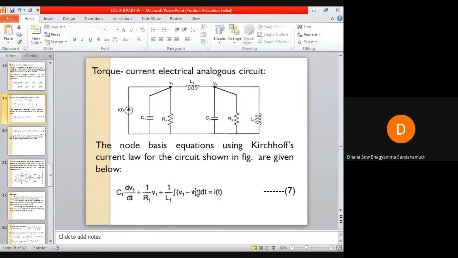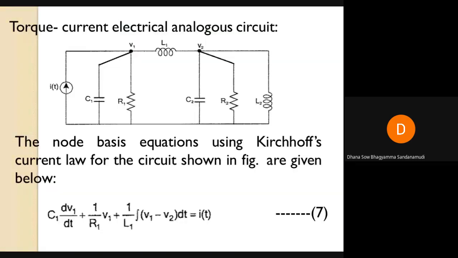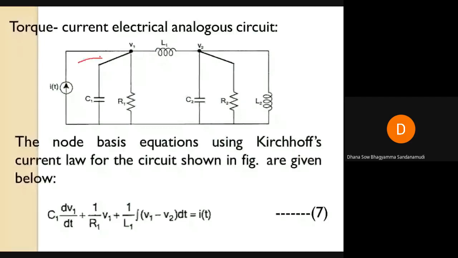Okay, so this is our circuit. This is what you have got. Now we have two nodes here, so two nodal equations we will get. Since two nodes are there, you will get two nodal equations. So I'm taking a pen here. Let's assume this is the entering current, and these are the leaving currents. Okay, at node 1, that is, at node V1. Let us call it node 1.